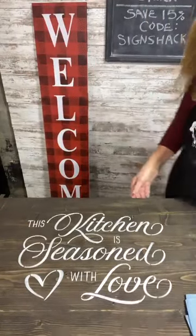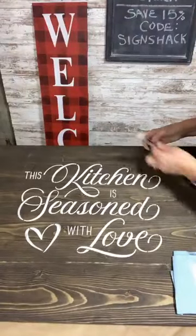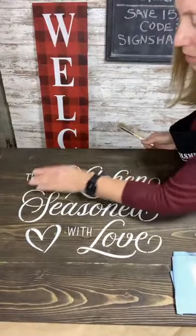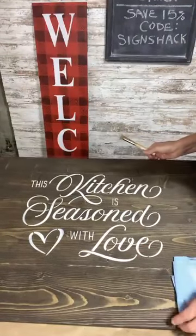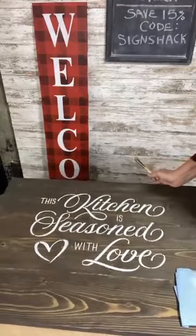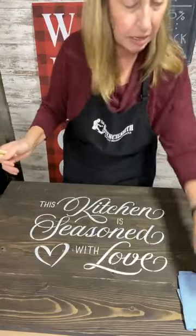So I'm just going to do the two layers. So this kitchen, look how pretty that is, and it looks really pretty on this. I didn't want to do a stark white. This is like an off-white. So what I'm going to do is turn it around, because I have to have this facing me,